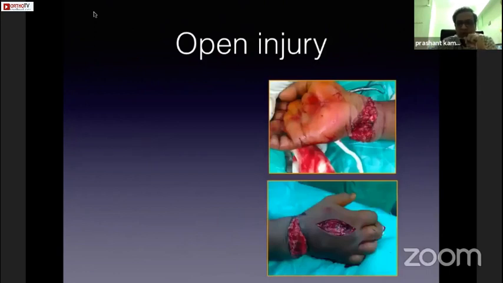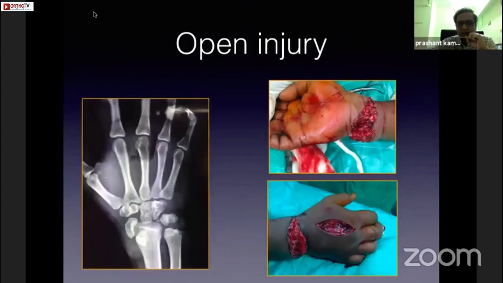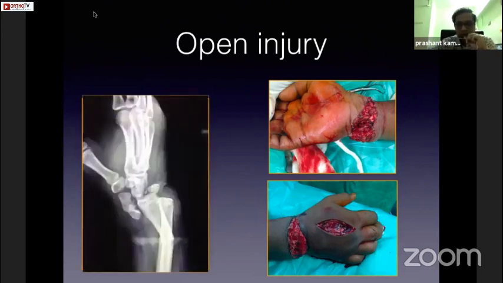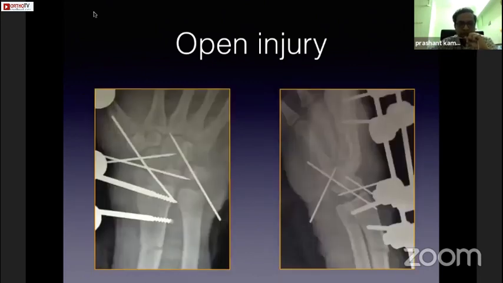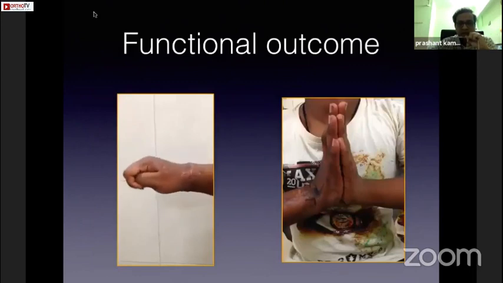Some patients may present, as I said, with these high velocity injuries, and this may present with polytrauma. This patient had a lot of other issues like liver bleeding and a hemothorax going on, and this patient had an open injury. Look at those carpal bones. Where are they going? They're maintaining their social distance. We don't want them to separate. So put them back, fix them, and this was the early result we saw, and